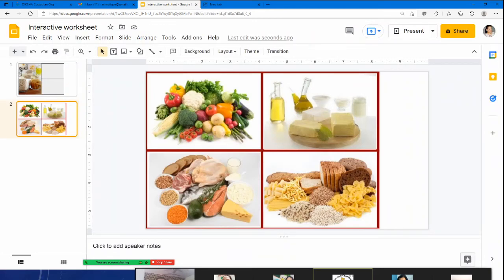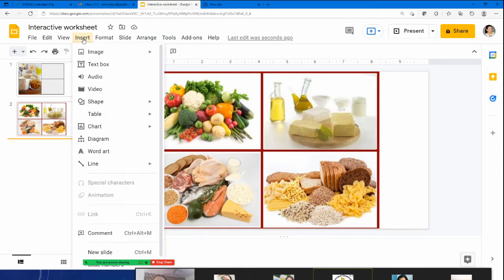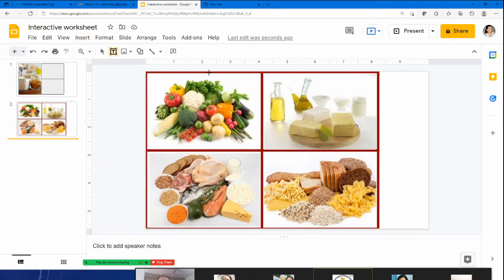Now this is an image, it means it's a fixed picture. It will not move. Nothing will move from here. This is because I had chosen for images like shapes. That's why that came. Otherwise, nothing will come. Now I've got these different images, and I want children to simply drag the various things, which is which. So what I want is to insert a text box. Okay, so I'll just insert a text box.